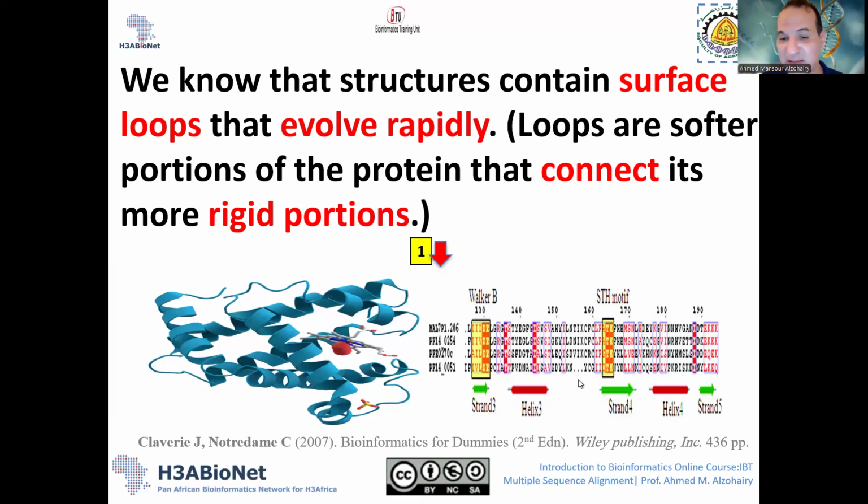But the other places, like here, this place and this place and here. This is the one that has a lot of mutation. Usually these are the places that make the structure of the surface loops. That's why you will find a lot of mutation in it, like here, like here, like here, for example, and this loop, and that's it. So that's why you have to understand this before you